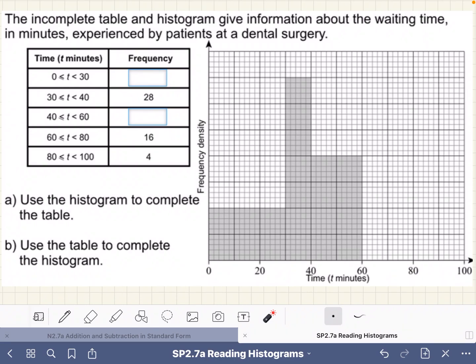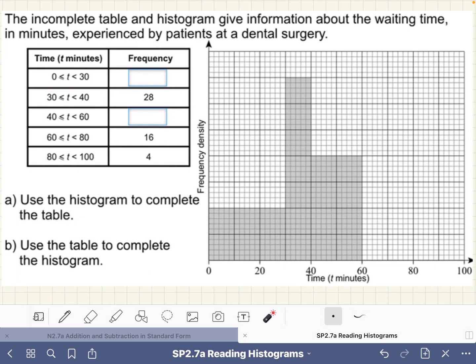In this video, we are looking at a mixture of interpreting and drawing a histogram. We can see that we have an incomplete table and histogram, which give us information about the waiting time in minutes experienced by patients at a dental surgery. We are asked to use the histogram to complete the table, and then go on to use the table to